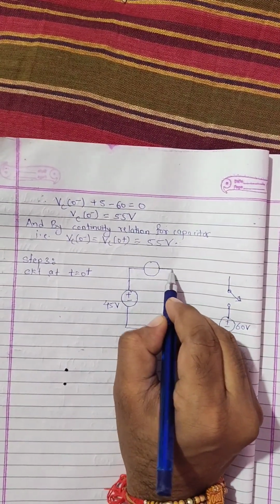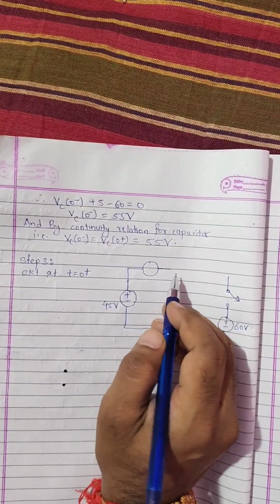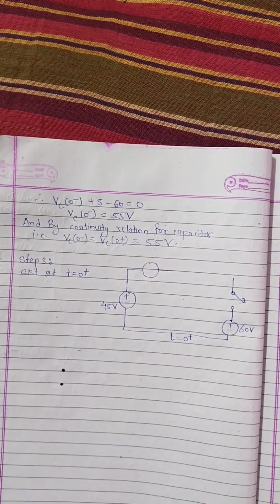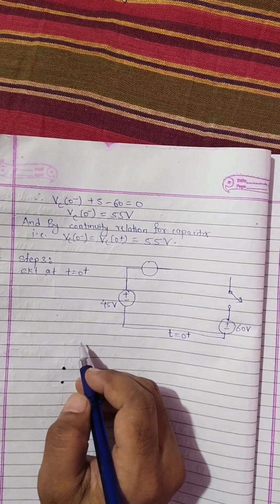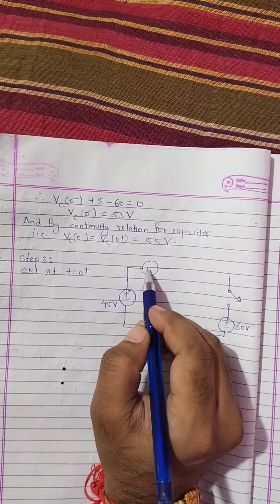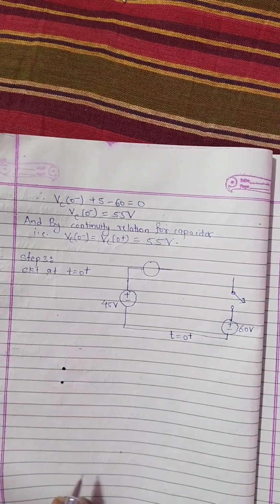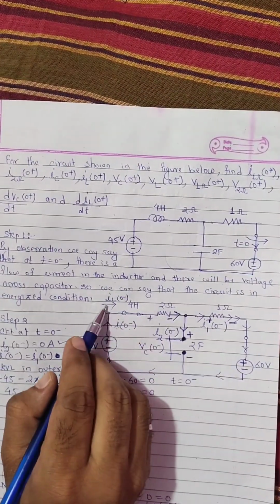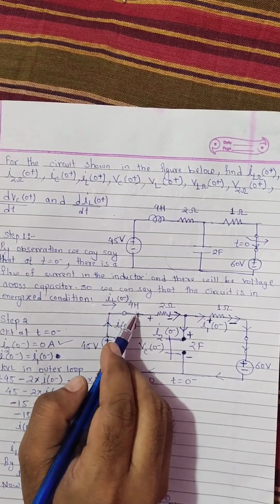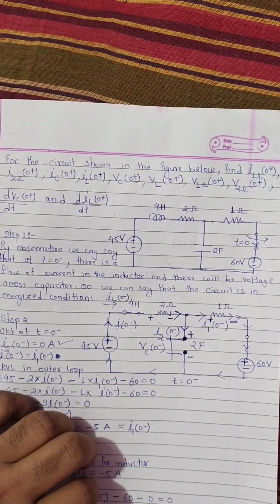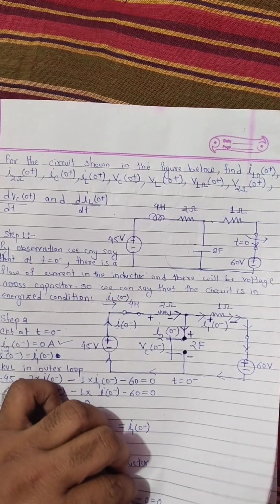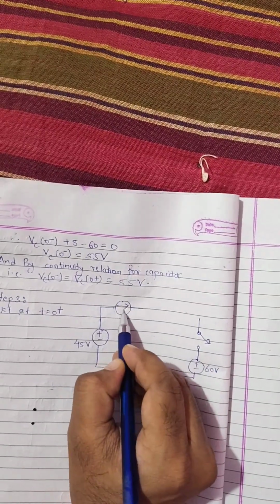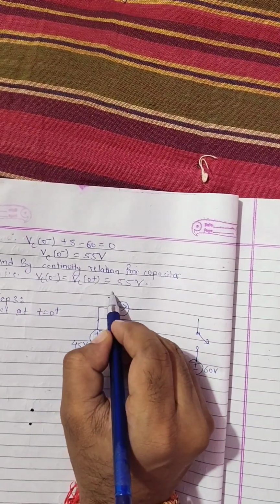And this current source will have two things: one is direction and another is magnitude. To find the direction of this current source, we will go for the t equals 0 minus circuit. In the t equals 0 minus circuit, the current in the inductor is in this direction, from left to right. So the direction of the current source at t equals 0 plus will be from left to right,